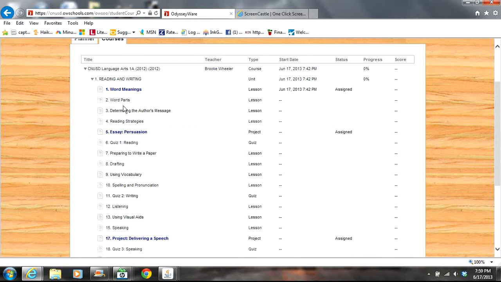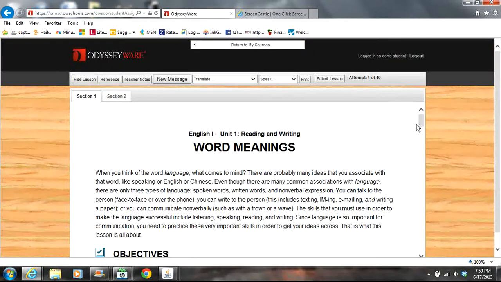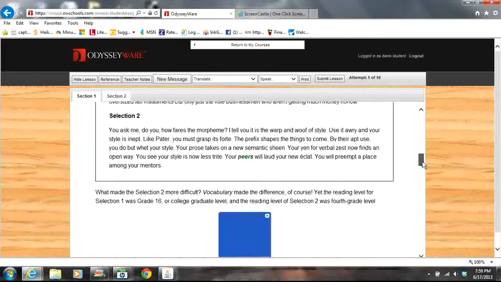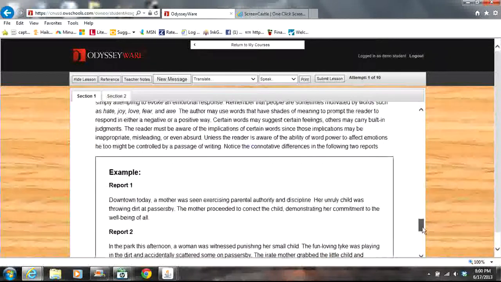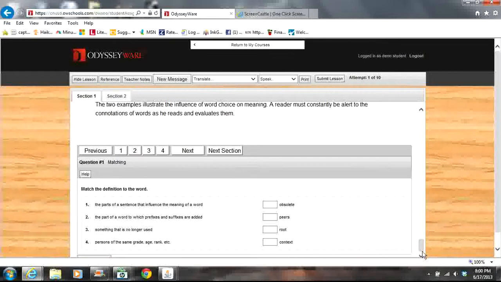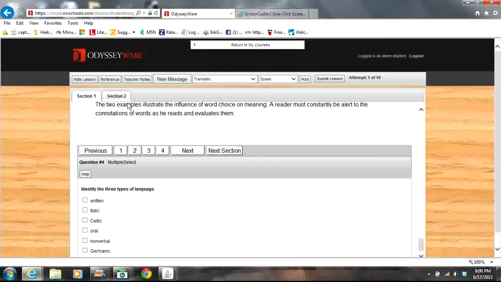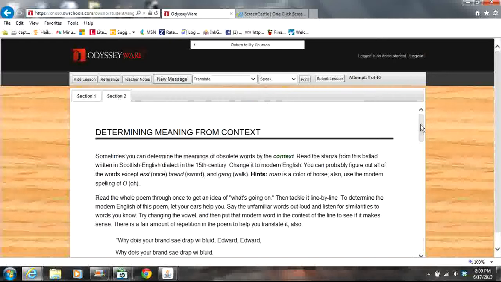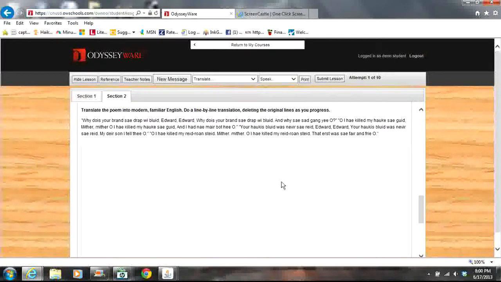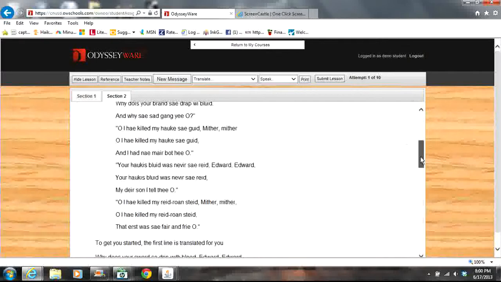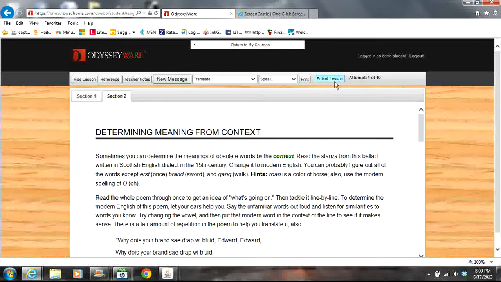So when you're ready to start working, you'll click on the first assignment, and you'll be sure that you have your paper out to take notes. You'll go through the module taking notes and reading this information, and then at the bottom you'll answer some questions about the information that has been gone over. So you'll answer these questions, you'll move on to all of the questions, and then be sure to hit Next Section or go up here to Section 2. Do the same thing with your notes and go at the bottom and fill in this response. When you're finished with a lesson, you want to be sure to go up here to the top and hit Submit Lesson. And that will actually grade your assignment or your lesson.